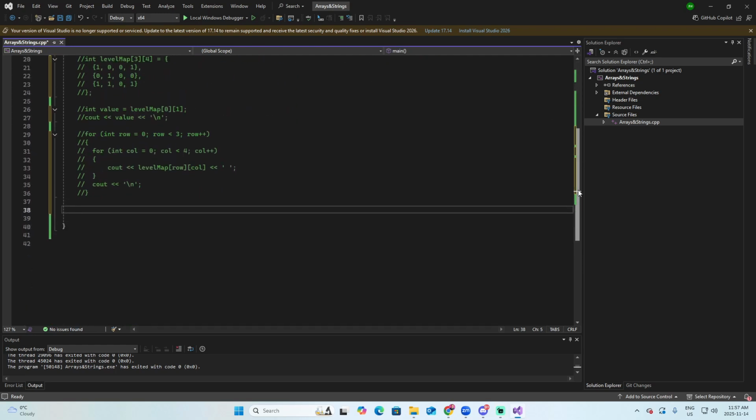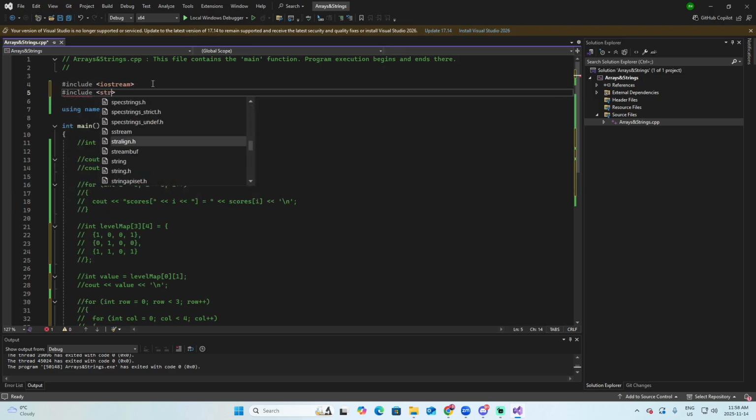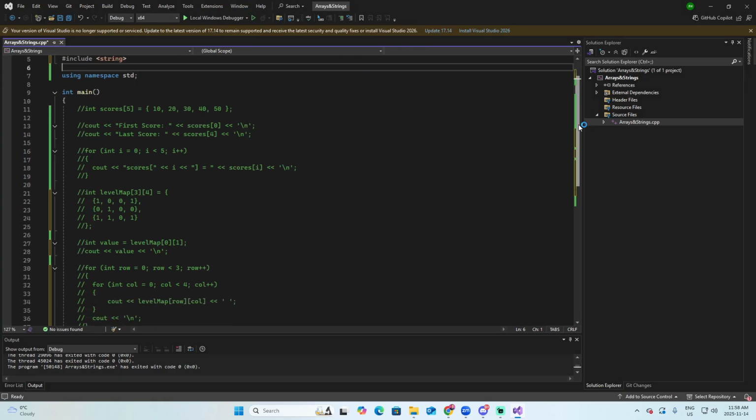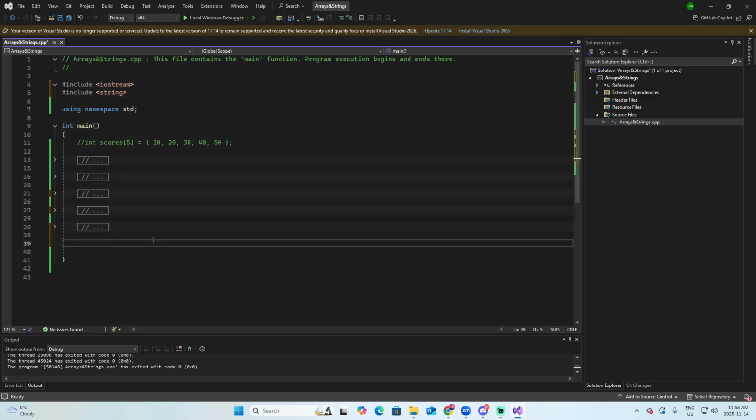To work with strings, we also need to include string. Then we can start creating strings. Let's close all these sections and let's create our string. Remember that if you are not using the standard namespace, you will have to add the std. But because I added it, I can go directly to string,